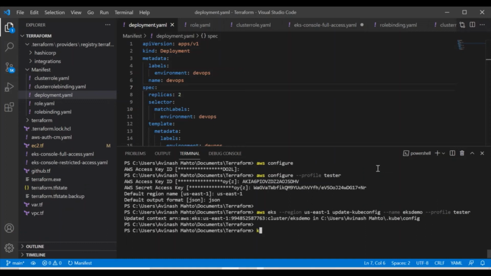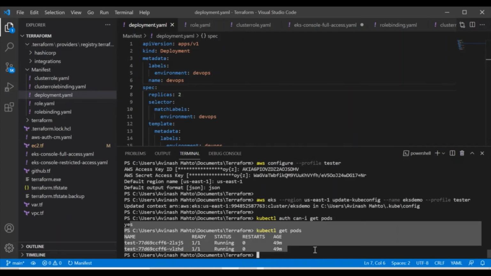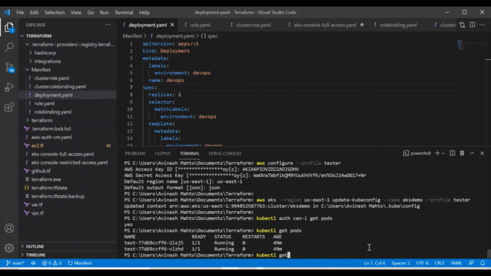So it is updated. Now, if I try to get resources, like get pods, it is saying yes, I have sufficient permission to list the pods. And if I say kubectl get pods, you can see the pods are listed here, and this user is successfully able to see them. And if I say deployment,